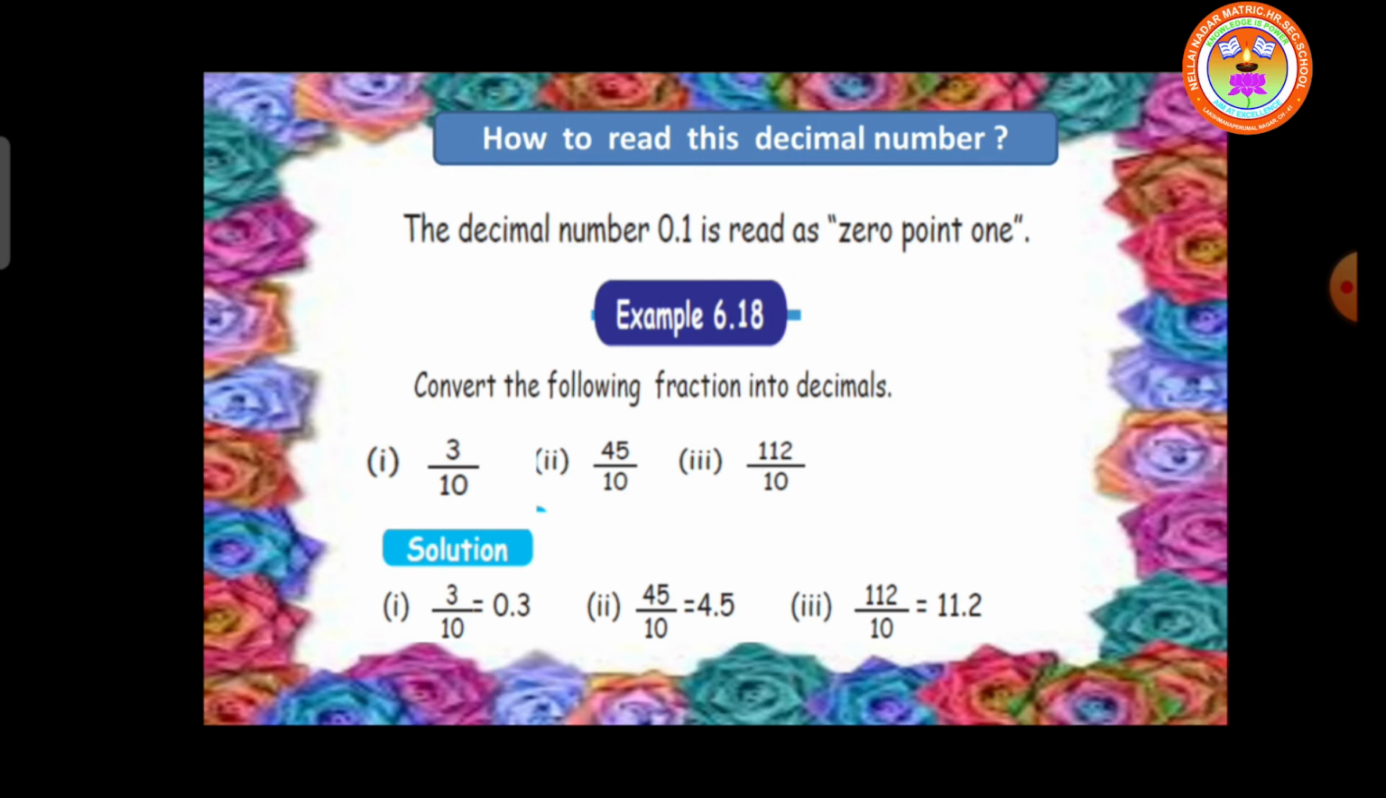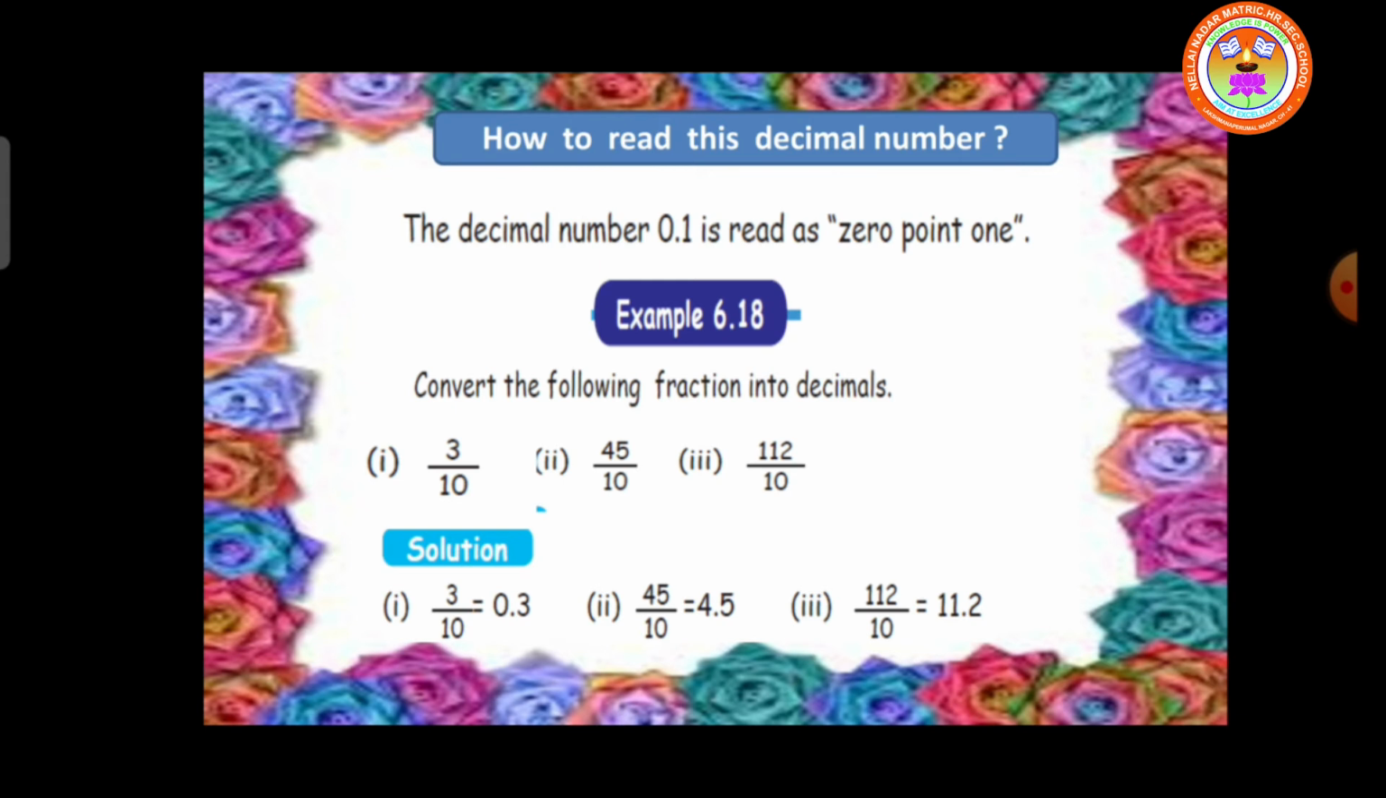Example 6.18. Convert the following fractions into decimals. Take 3 by 10. It is the same as 1 by 10. So 1 by 10 is equal to 0.1, so 3 by 10 is equal to 0.3. See the second example, 45 by 10. So we have to keep a decimal point after one number, because in the denominator we are having only 10, right? So 45 can be written as